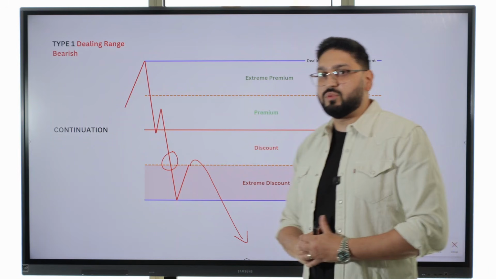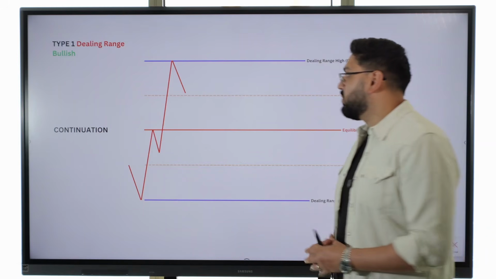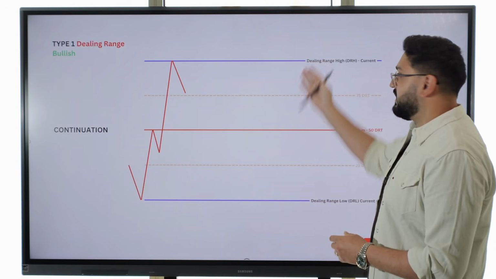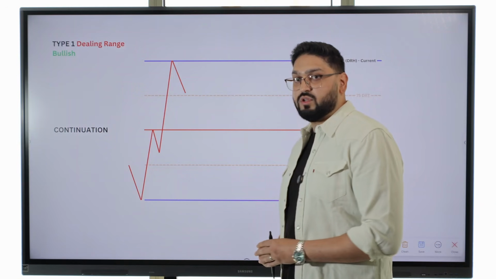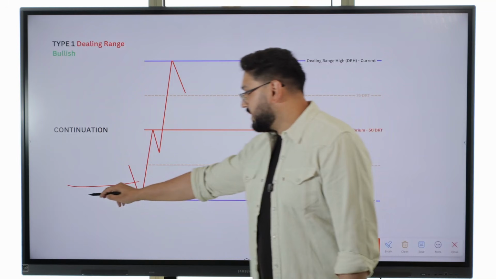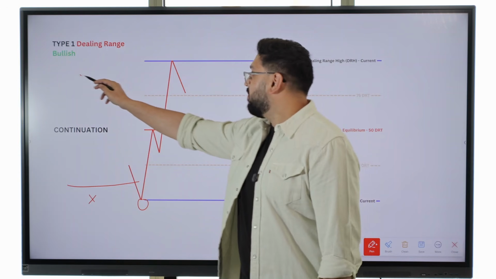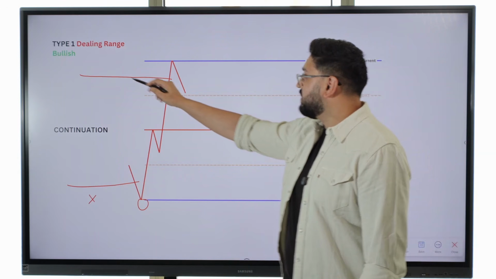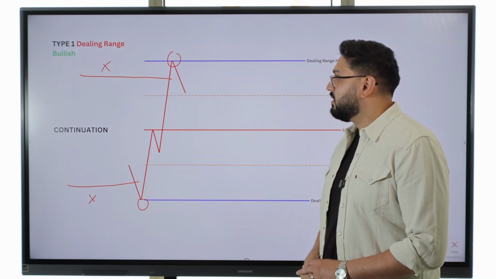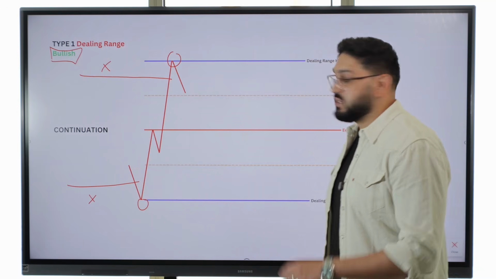Now I will show you examples in future lessons, but for now let me give you an example here of a bullish type 1 dealing range. Now again, we have the dealing range high and the dealing range low. The caveat to this is we want to see a sell side liquidity pool raided first, forming the dealing range low, and then we want to see a buy side liquidity pool raided above an old swing high, forming our dealing range high. Again, we have to have a bullish higher time frame dealing range, and I will get onto